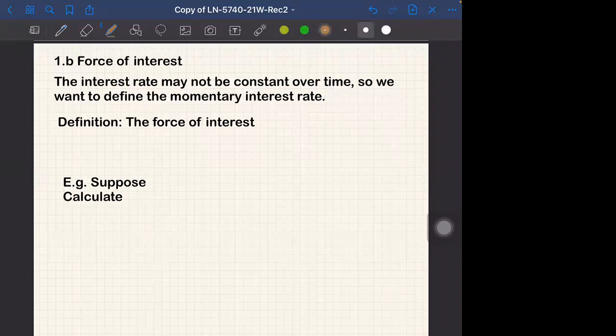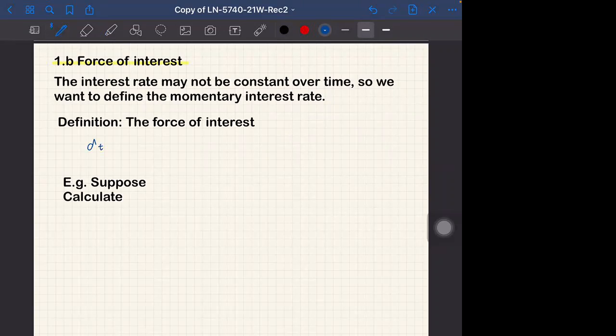Hi, now we start the next section, the force of interest. The interest rate may be constant, but it may not be constant over time. So the interest rate is changing over time and continuously. So we want to define the momentary interest rate. So the force of interest,